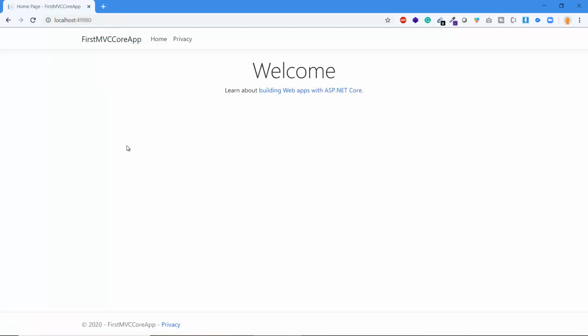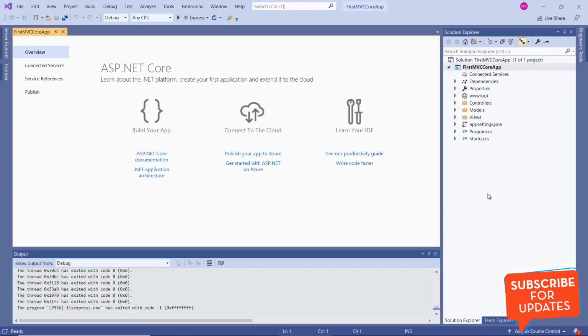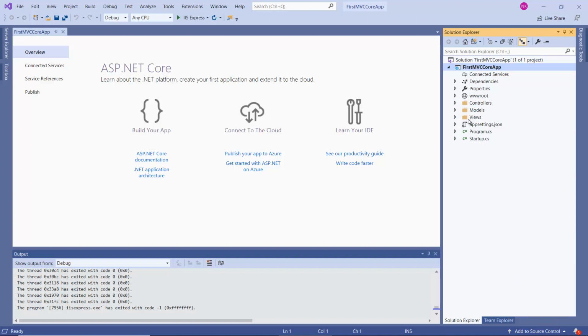Okay. Let's make some change in the code and see whether it is reflected on this website or not. If you have some knowledge about the MVC framework, you can see we have all the controllers in this controller folder. All the models will be available in this models folder. All the views are available in this views folder. If you are completely new to the MVC framework and do not have any knowledge about MVC, then do not worry. In the next video, we will discuss all these things one by one in great detail.